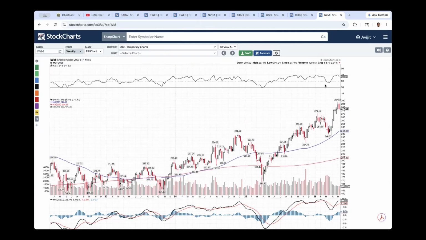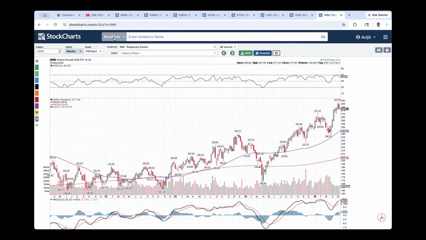Look, RSI was not able to confirm that breakout with a higher high. RSI stayed flat from what it was at 271. MACD is at a lower high, negative divergence right here. So potentially, if the yields continue to climb, there is a good chance that we could see small caps take a hit and come get some downside in small caps in the days and the weeks ahead.